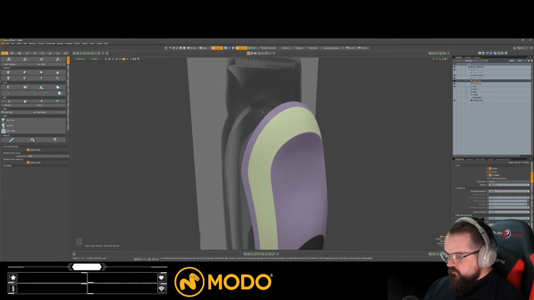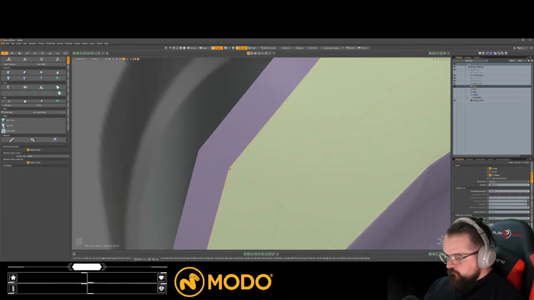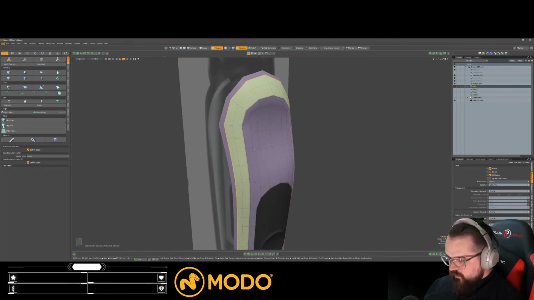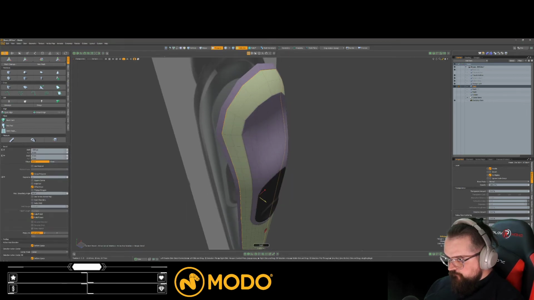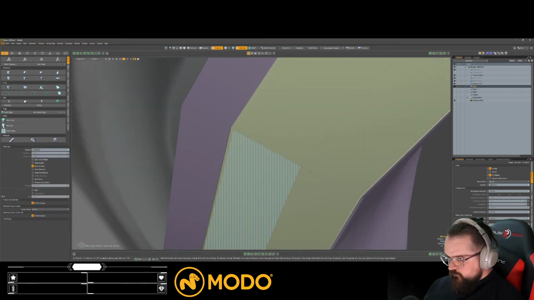Indent ring around the outside, which is a very similar material, so we're going to reattach that to the body. Pull this in, shove a loop,